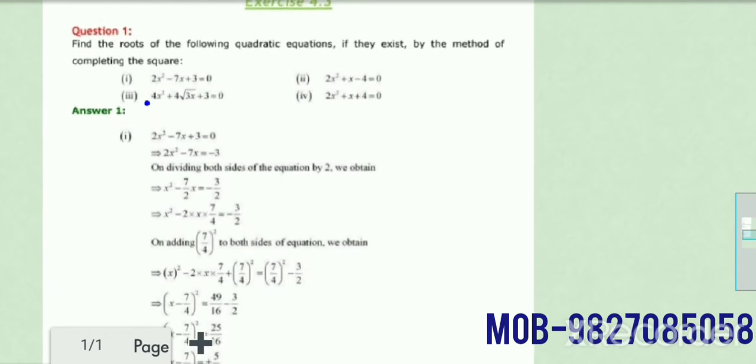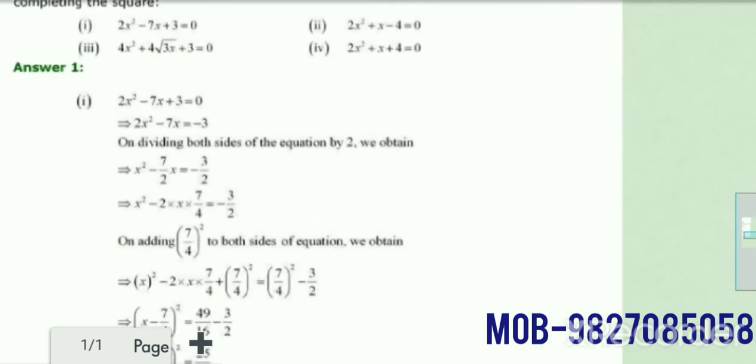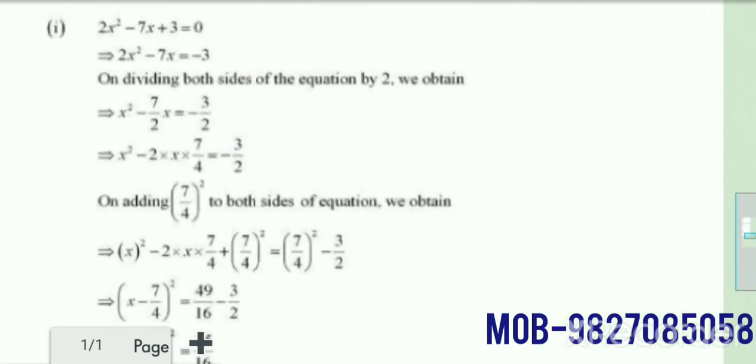In exercise 4.3, question number 1 is find the roots by the method of completing the square. Now in this method, question number 1, 2x square minus 7x plus 3. Okay, so firstly we have to remove the number before x square, so dividing both sides